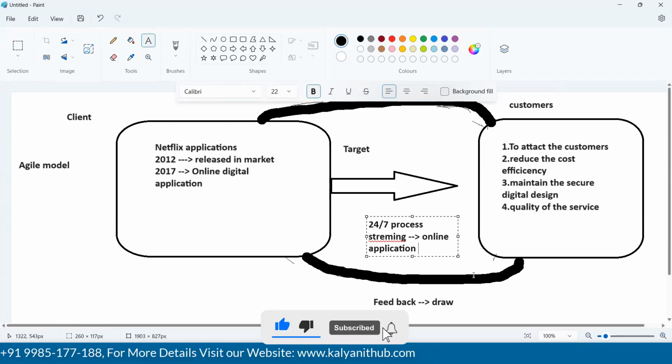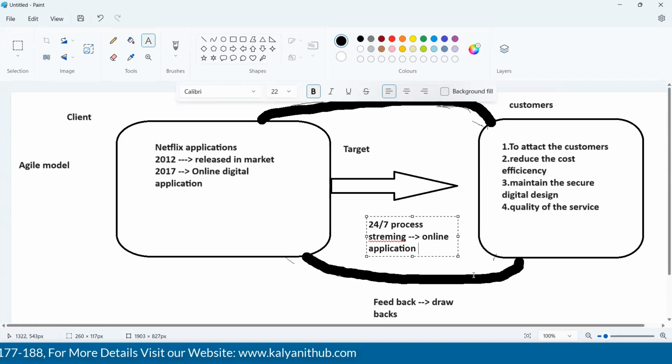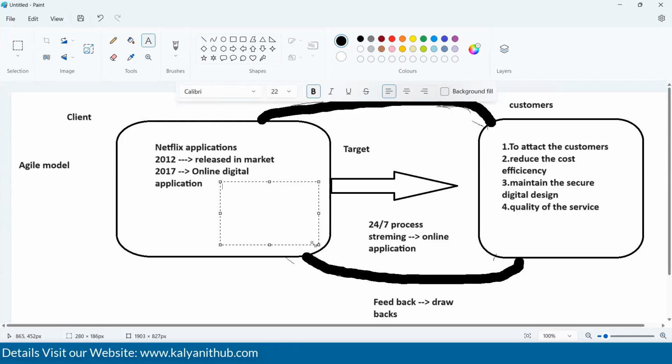So now, as per the scenario, how will the agile model work here? The agile model works based upon whatever drawbacks we have from the customers. They already have the source code, and in this source code they'll try to